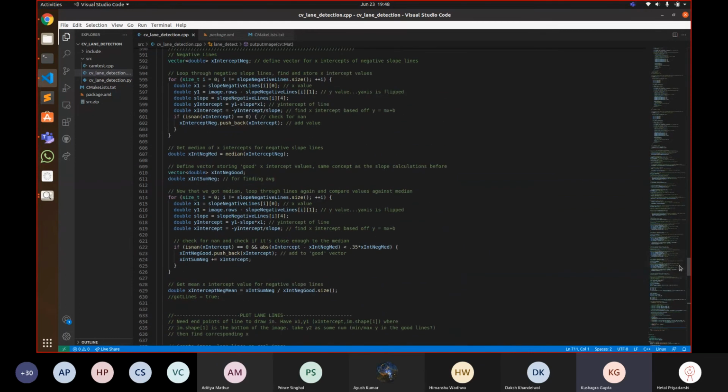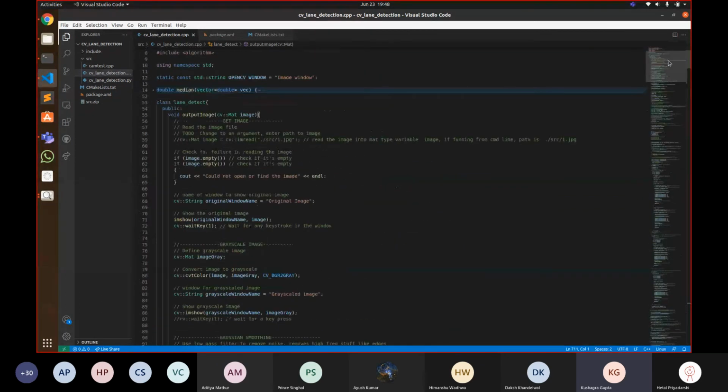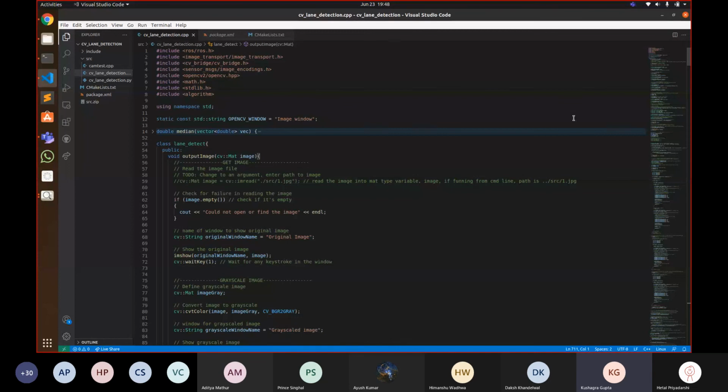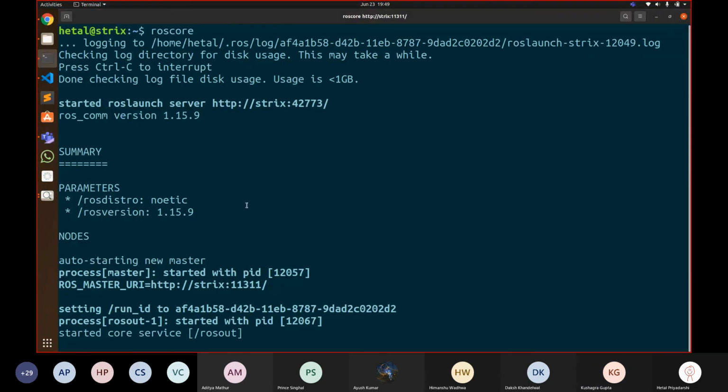Let's say there are two of you working. One of you is familiar with C++. One of you likes Python. So in the same robot, in the same module, you can have different nodes running of different languages. Because you're using ROS, everything is modular and abstract, so you don't need to worry about the language. Also, you don't have to install any specific Python version in it.